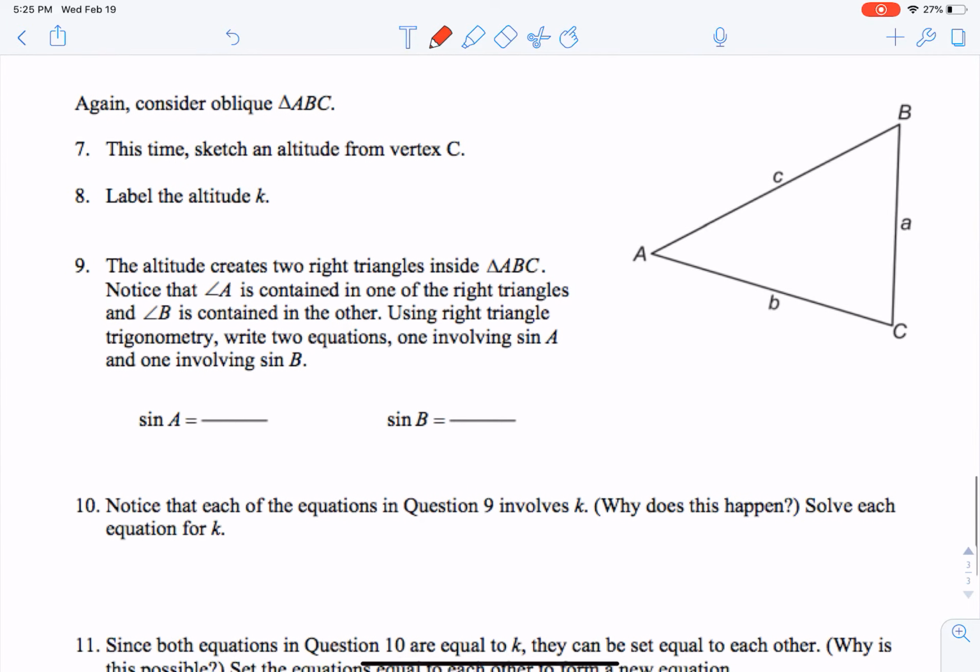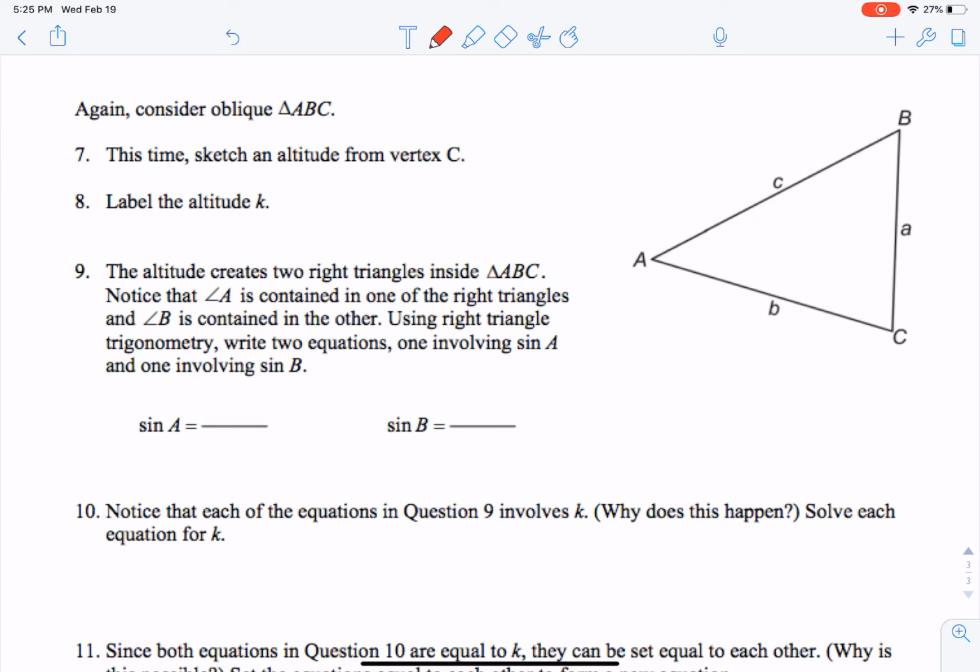So down here we have another oblique triangle ABC, and I'm going to sketch an altitude from vertex C. So from here to here, and here is my right angle, and again I'll label this K. So we'll go through the same steps. Notice that the two right triangles that are created, one contains angle A and the other contains angle B, and